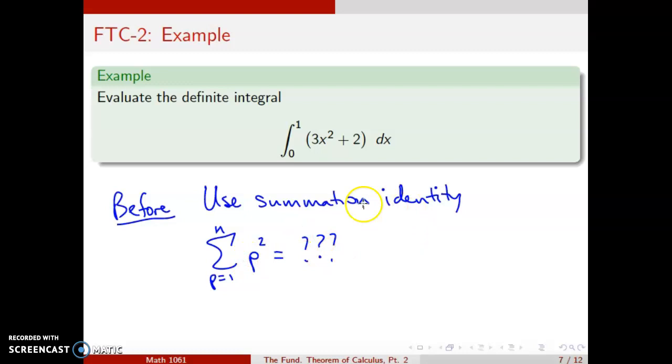You'd have to remember that, and it'd be some work to get this figured out, and the constant part's okay, but it's a lot of work to do that. So instead, let's use the fundamental theorem, part 2,